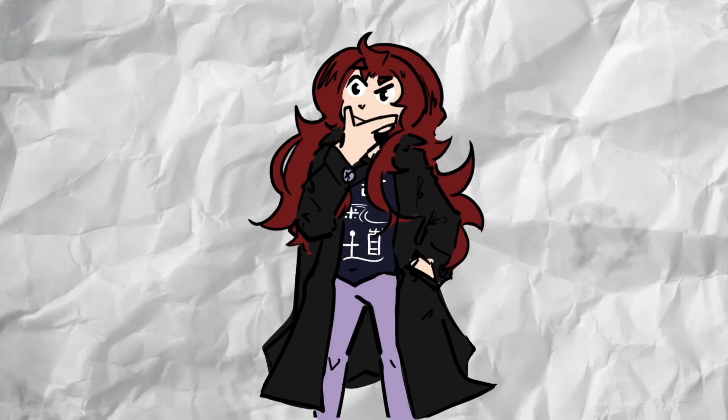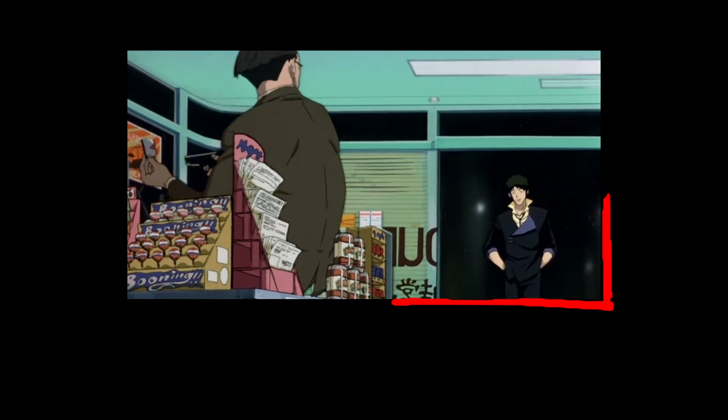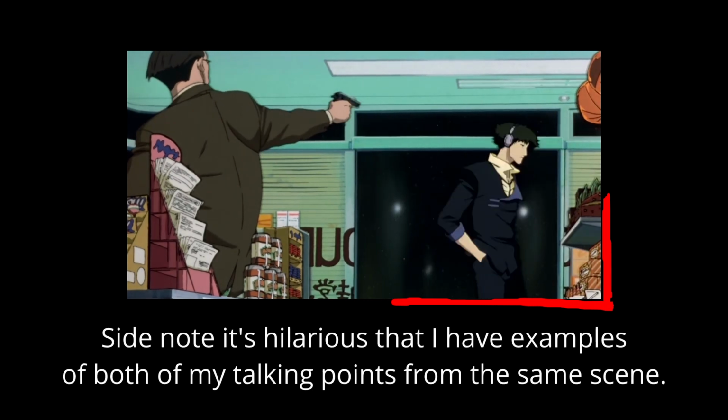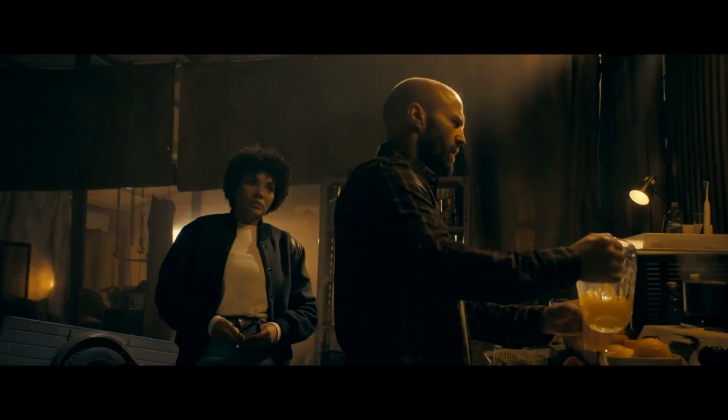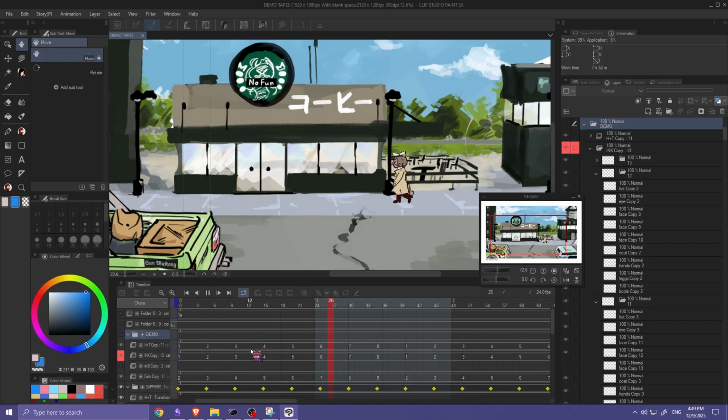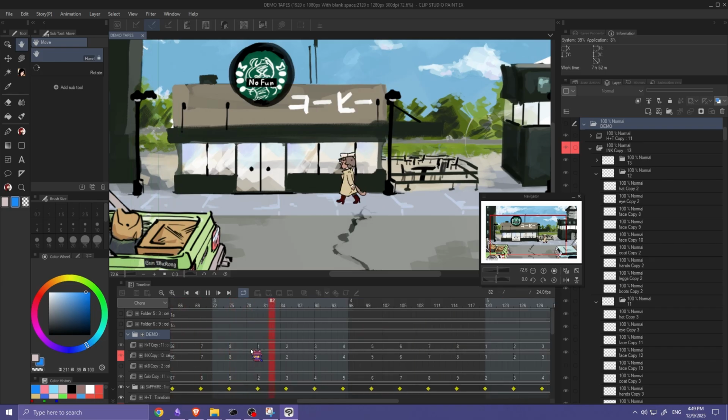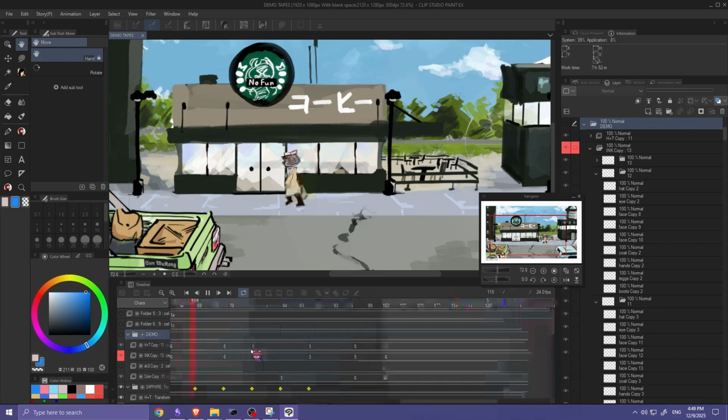This is probably one of the reasons why sometimes you see TV shows draw characters walking without showing their feet, because if they do that, they don't actually have to worry about contact points. That's understandable. Alrighty, bringing things around to some animation that I actually made, we're going to talk about how I